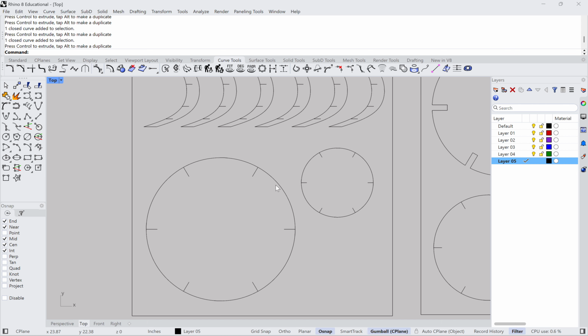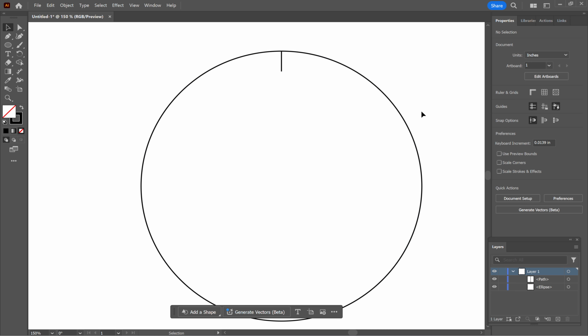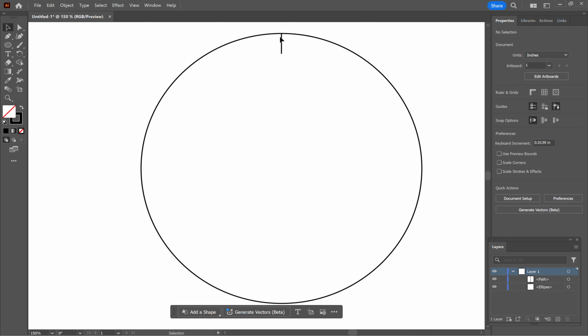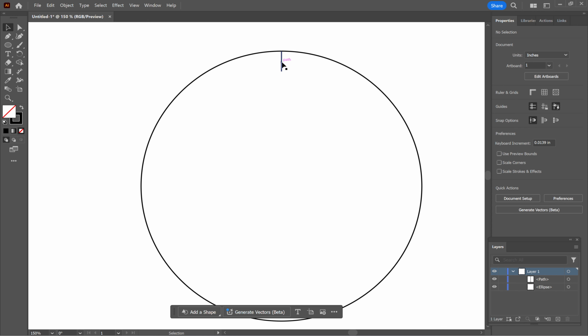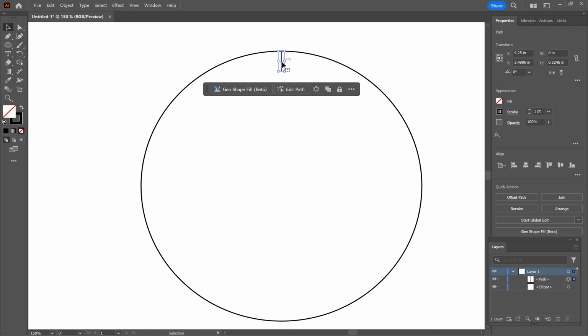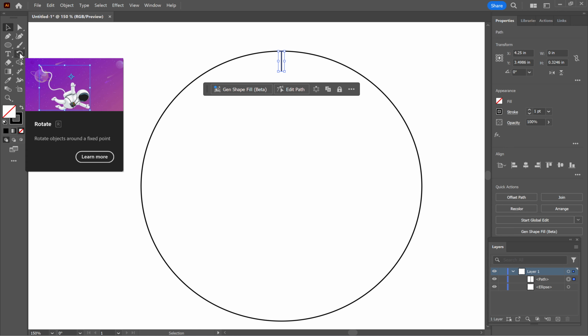And if you need to replicate this array polar command in Adobe Illustrator, what you can try, although there are probably a few other strategies that will work, is you can, with the selection tool, grab that line, and you've got a rotate tool by default in your toolbar. If you right click this,